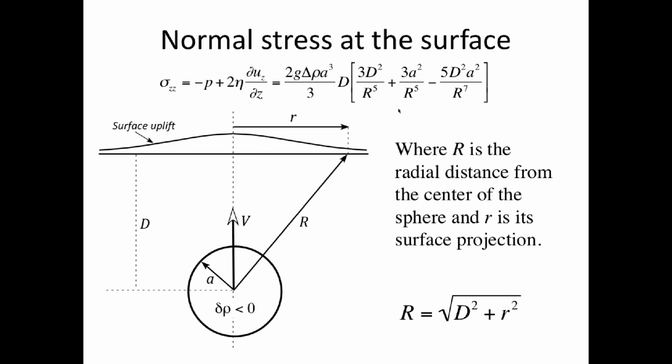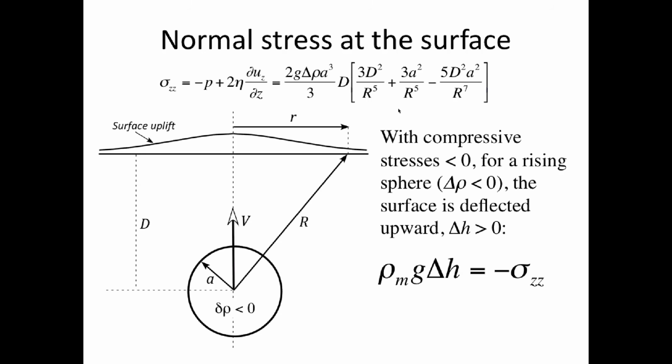Some of these signs may confuse you because here compression is negative. This will depend on the density. It will depend on what we had before. But notice now we have a radius cubed, and then we have some geometry, including the depth in here. And we can calculate that stress acting on the surface, assuming the surface doesn't move. Well, we can deflect the surface, raise it a small amount, delta H, and that will be balanced by that normal stress at the top. And I put a density of the mantle in here, assuming that the whole crust rises. The Moho goes up, not just the crust itself. So the density that's important is the mantle density.